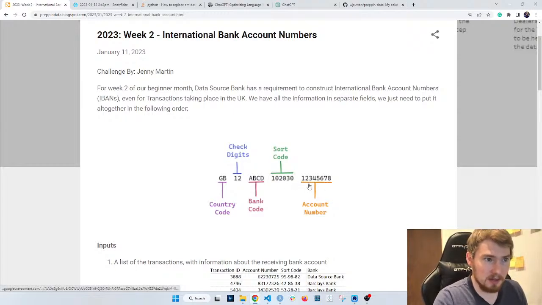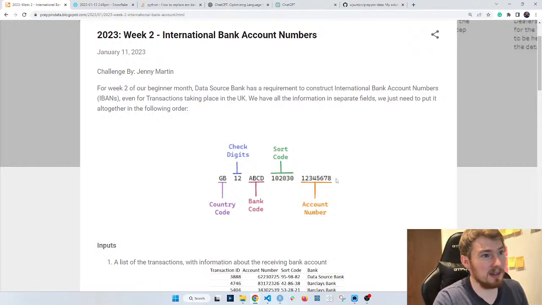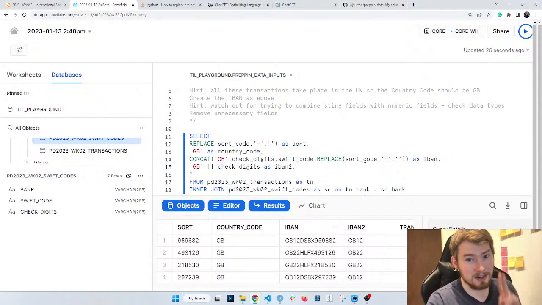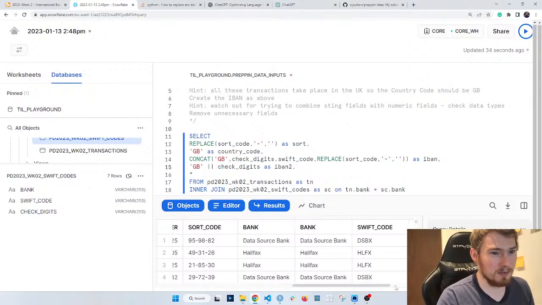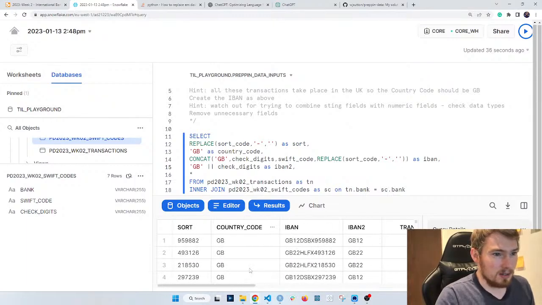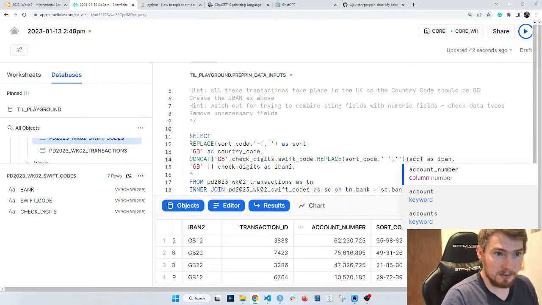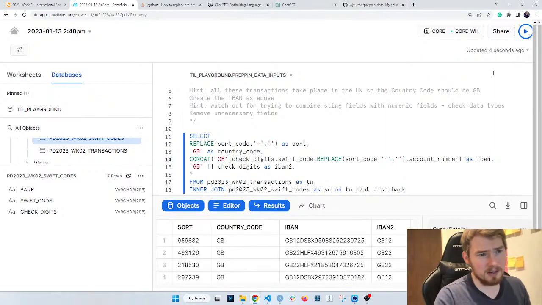Okay, last step here is just doing the account number. So account number typically comes back as a digit, but in this case we'll see how this works. We've had one case in Python where it didn't work, one case in R where you could do it, and we're going to see whether it works in SQL or whether we have to do this type conversion first. So I want my account number. So can I just go account number here? IBAN. Yeah, okay, so you can get away with it.